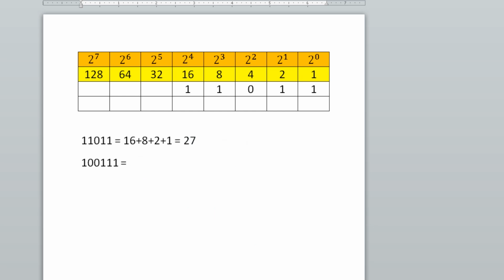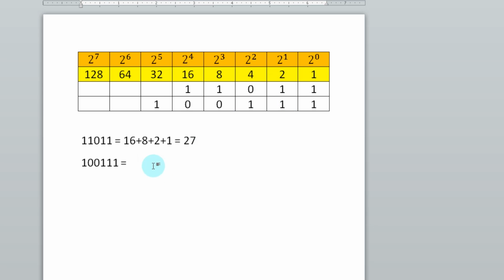So let's try another number in order for us to master it, to be more familiar with it. So again, just fill up this. Just use this decimal to fill up this space, which is 1, 1, 0, 0, and 1.